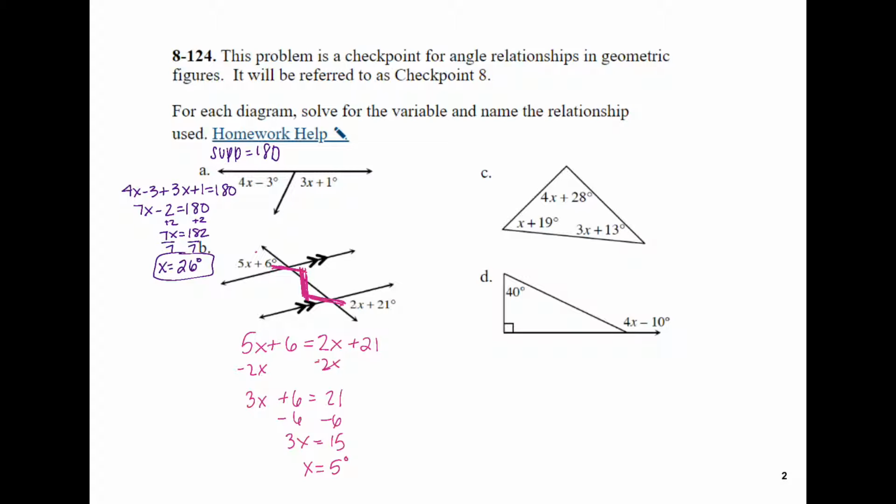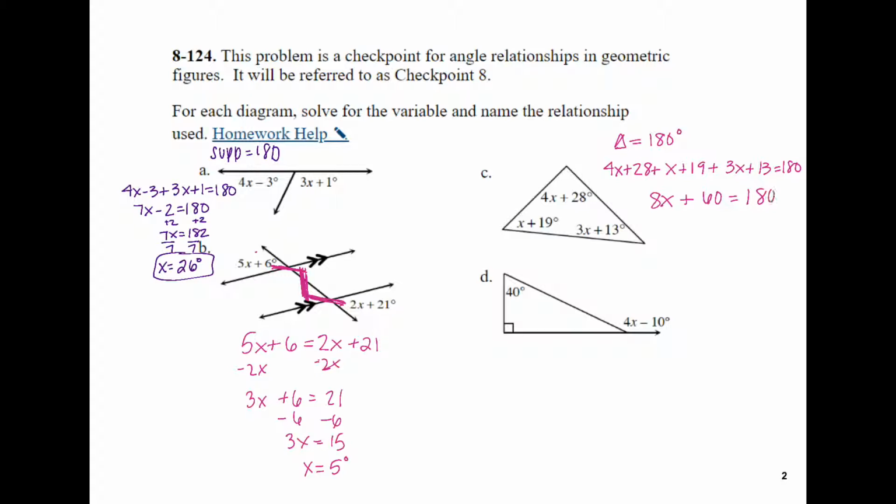Looking at letter C, I see that I am looking at a triangle, and I know that all the angles in a triangle add up to 180 degrees because of the triangle sum theorem. So I can set 4x plus 28 plus x plus 19 plus 3x plus 13 equal to 180. I need to combine my like terms, so I have 8x plus